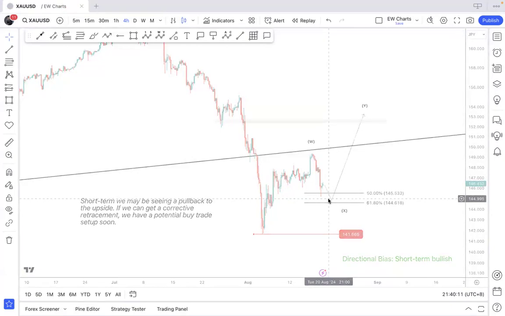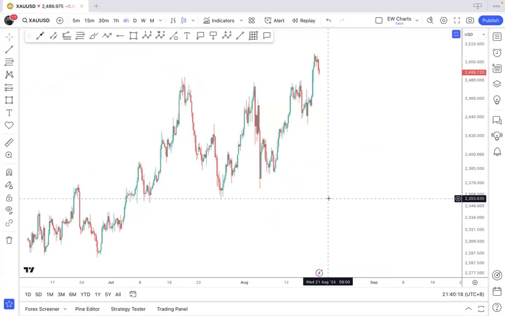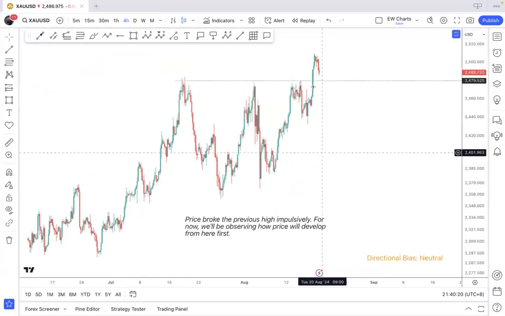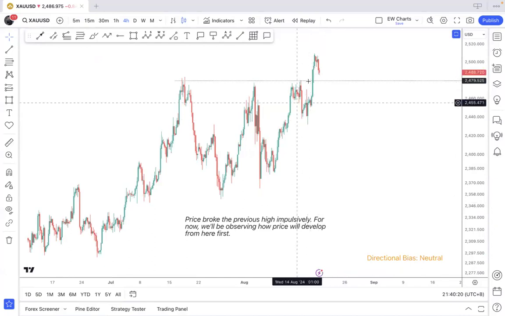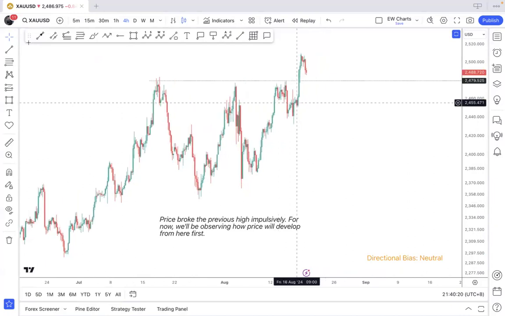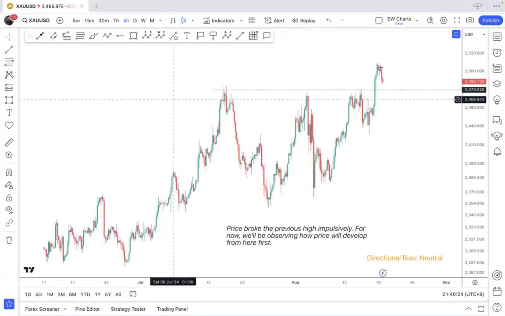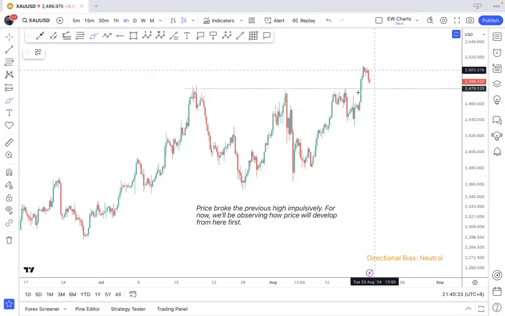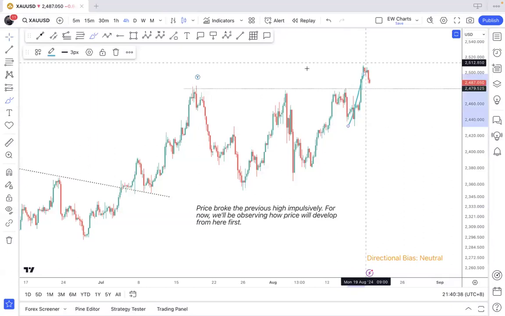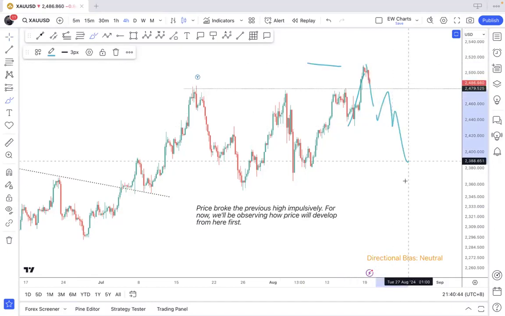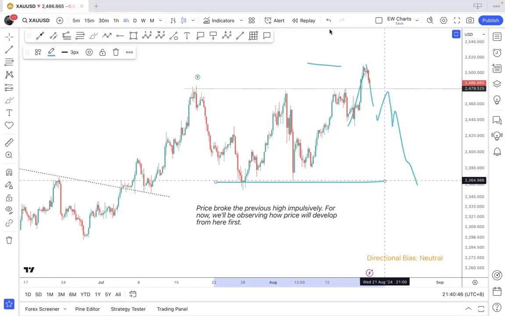Okay. Gold did a break above the high. So kind of forming new highs here, all-time high. If you ask me, from a macro fundamental perspective, long-term perspective, definitely bullish. But from a trading point of view, you might want to just be neutral right now. See how the market is going to react off this break, right? Because we have an impulsive break. If the market just decides to reverse back down, that can easily just build in as a big break, and we might get a deeper pullback to retest the low here.